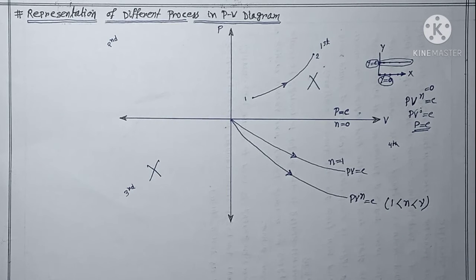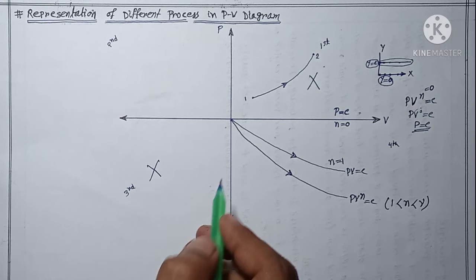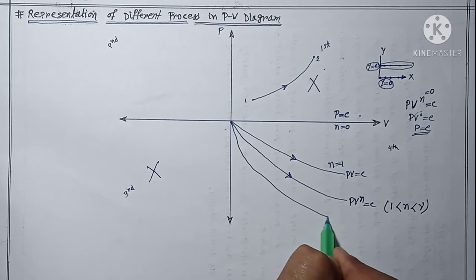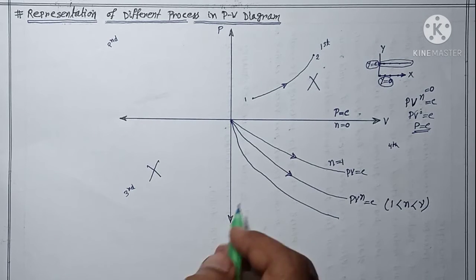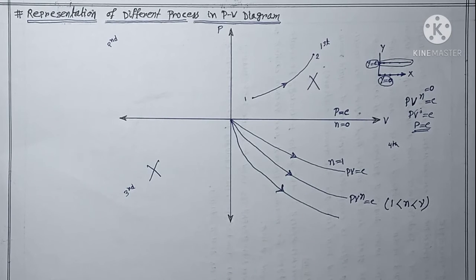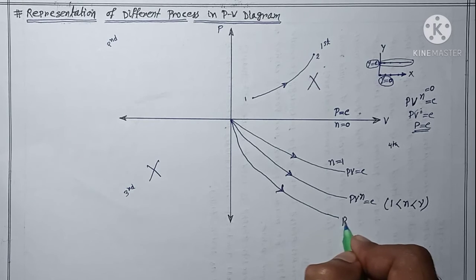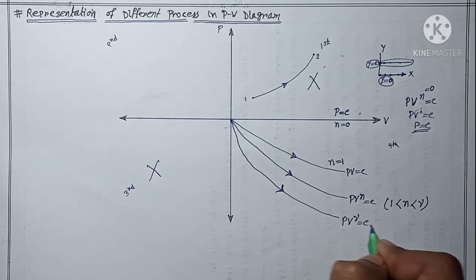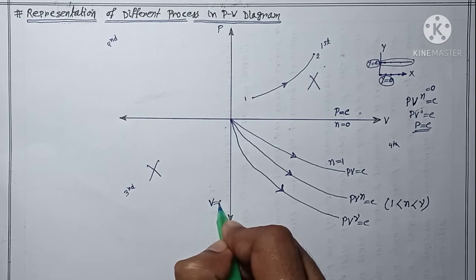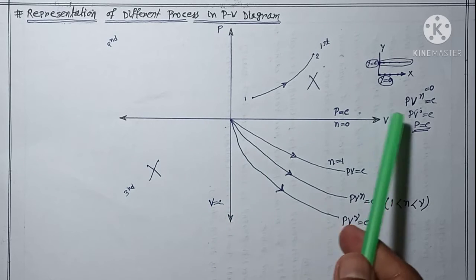Next one is your isentropic process, and the isentropic process will be like that. My curves are not so correct, so please cooperate with me. These curves basically represent the isentropic process, meaning PV^gamma equal to constant. Now listen carefully. The last process is the volume equal to constant. The same concept as discussed here.